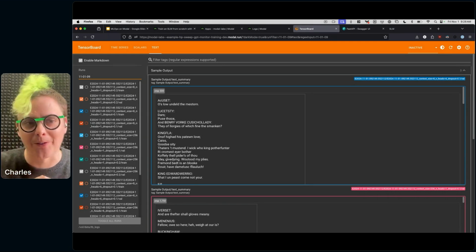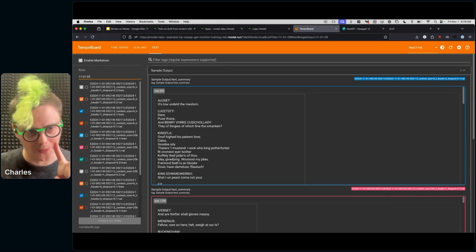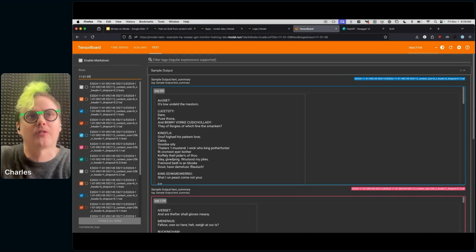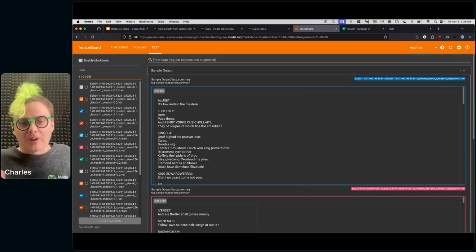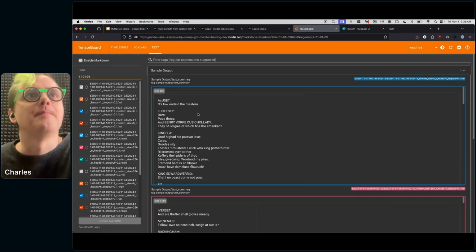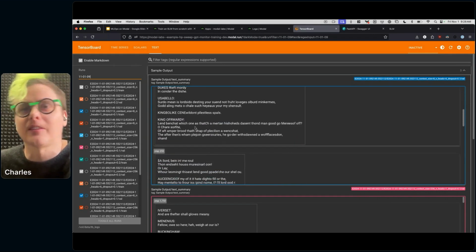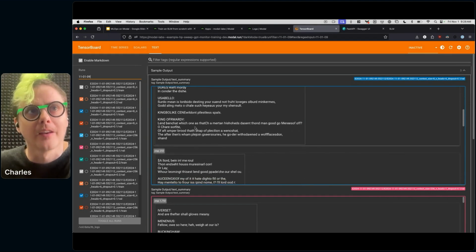Actually, there's one other better thing, which is being able to actually play with the model, which we'll see in a second. But it's really important to be able to see inputs and outputs because it's easy for a low-dimensional projection, like a single number, to fail to capture some surprising new behavior of your system. TensorBoard actually does support this. I logged some text outputs. I think this is in response to the prompt Hamlet: